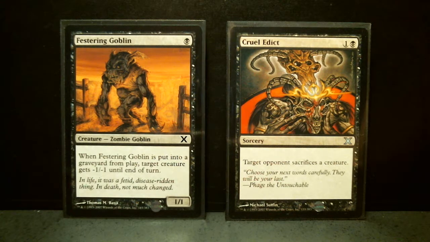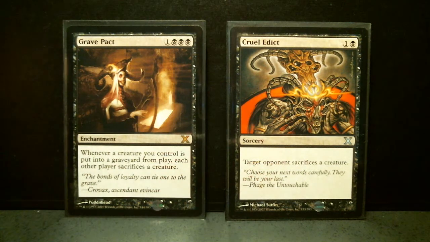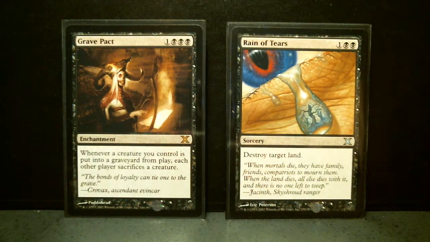1-drop, when it's put into a graveyard from play, target creature gets -1/-1 until end of turn. That's a very nice feature to have on a black 1-drop. Cruel Edict, 2-drop, target opponent sacrifices a creature. It's an uncommon. Grave Pact, I really like the artwork and the